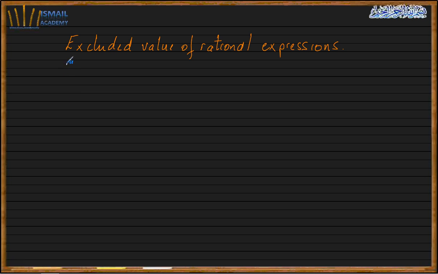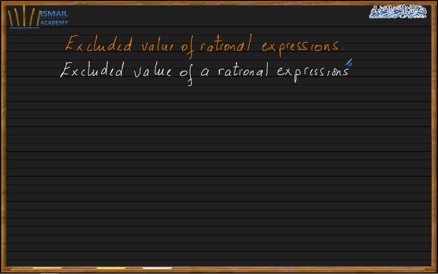The excluded values of a rational expression, for example p of x over q of x, are the values, maybe one, maybe more,